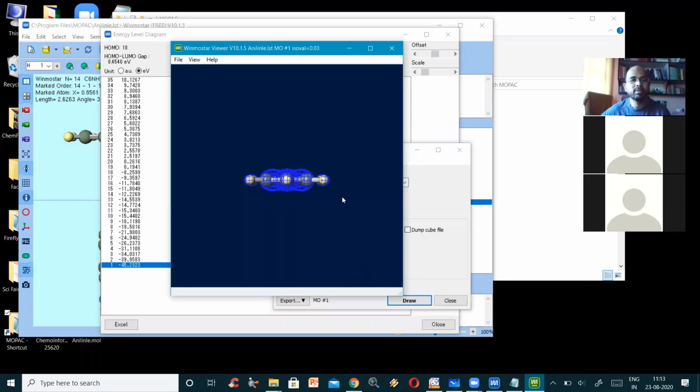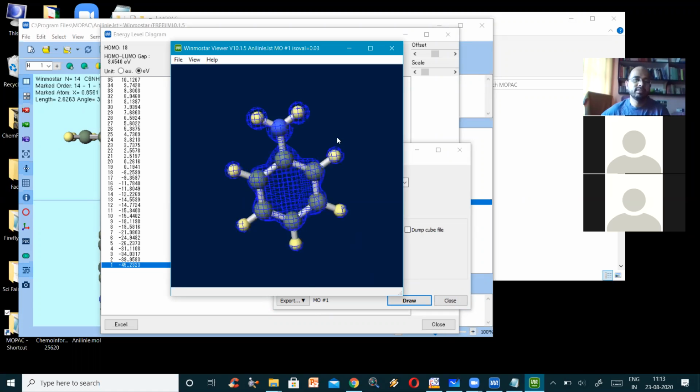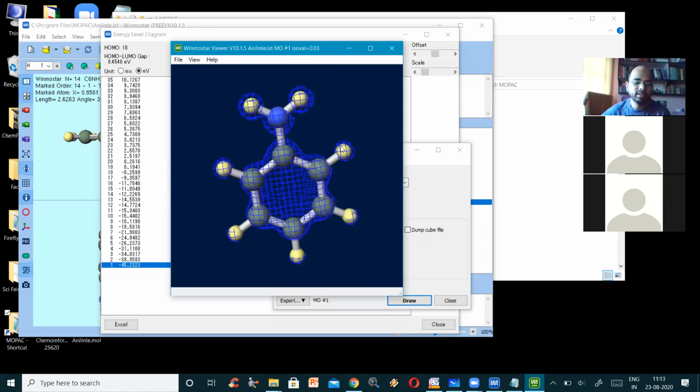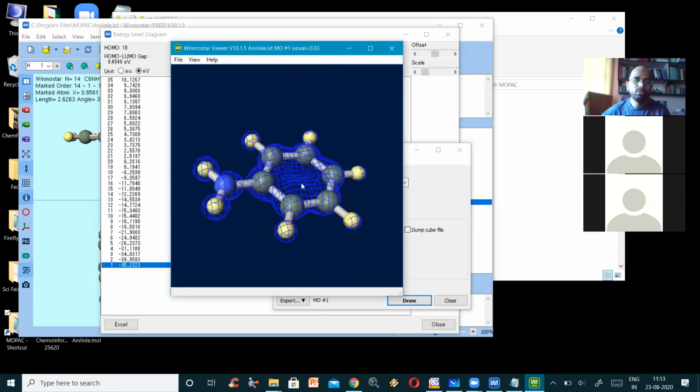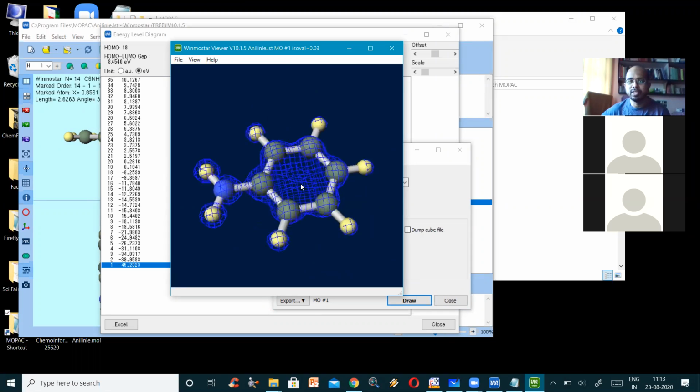See, the last orbital part is completely full of electrons. Okay, it's not at all full of electrons. It is only blue. Blue portions are positive charges, red portions are negative charges. So that means the first orbital, during the construction of the orbitals, doesn't have any charge at all. It's neutral. Okay, all the hydrogen atoms are there.